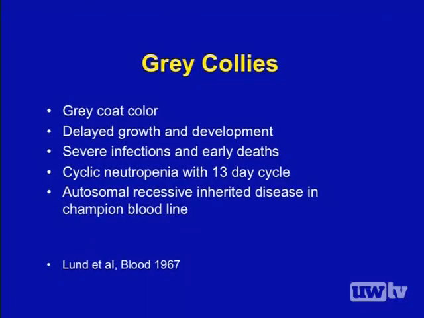Anyway, these dogs have somewhat delayed growth and development, but they're susceptible to infection because they also have this rare disease called cyclic neutropenia, and in the dogs it has a 13-day cycle, and it's an inherited disease that was originated with the crossbreeding in a championship bloodline, just by happenstance a mutation,